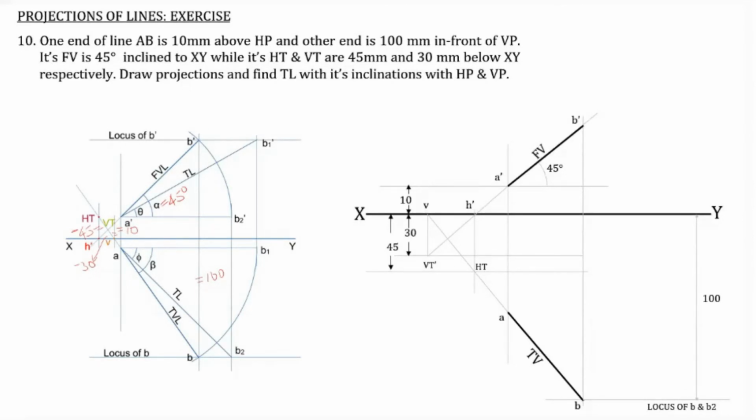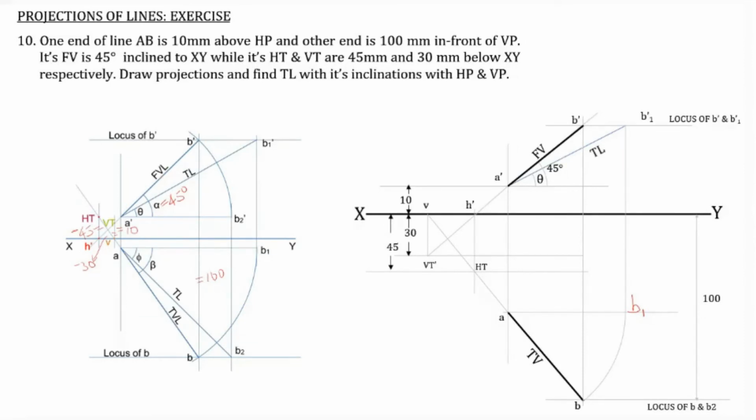Now how to find out B1 dash. The locus of B dash is drawn. Then the locus of B and B2 is already there. Then the locus of A is drawn. Then AB is rotated to get point B1. Then B1 is projected upward to get point B1 dash. B1 is not marked here; here it is B1. B1 to B1 dash, then join A dash with B1 dash in order to get theta, and the true length also. True length will be A dash B1 dash.